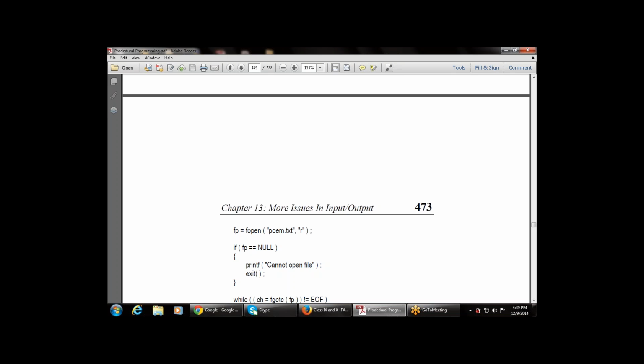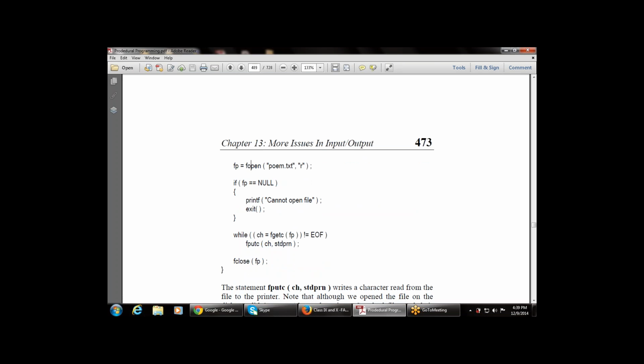It is not mandatory to take this in one line; we can also divide it into two lines. In one line it is written ch = fgetc(fp). Now check the condition: if ch is not equal to end of file, then use the fputc function. But here it is defined in only one line, that is, while ch